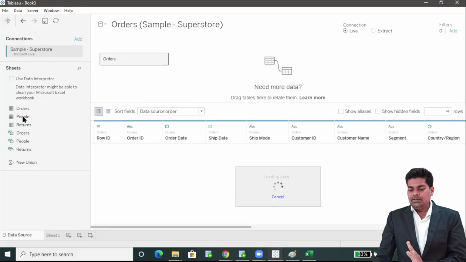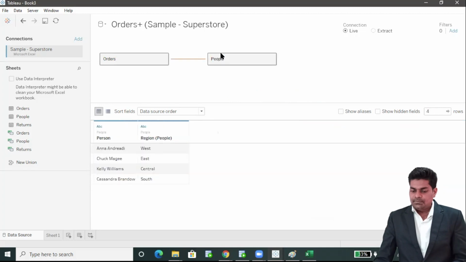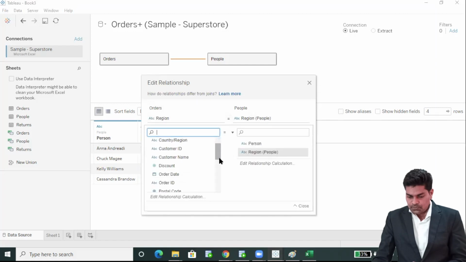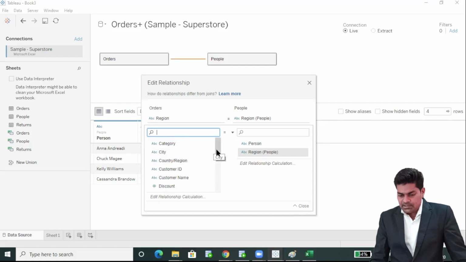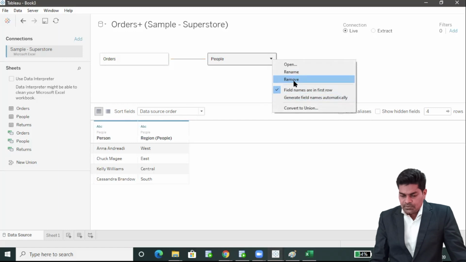then People, and it will create a join. Now the join again has to connect on some ID, suppose Customer ID, and that should be numeric. Here we only have one, that is the reason.